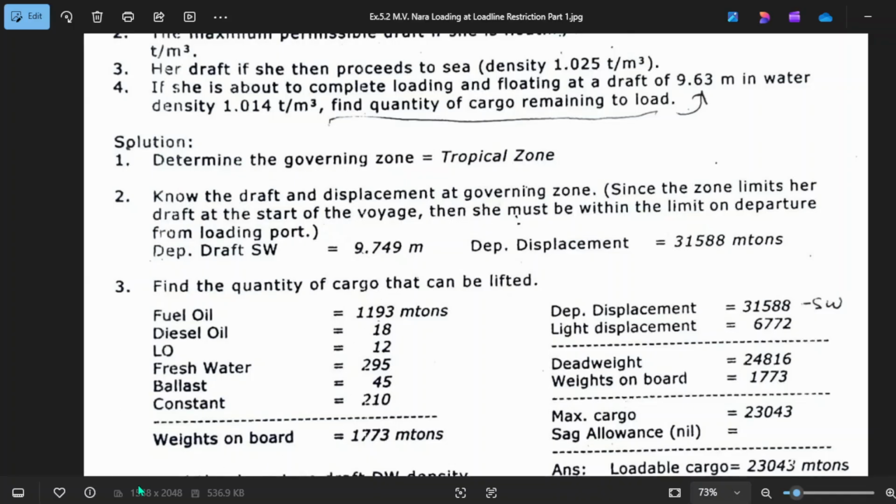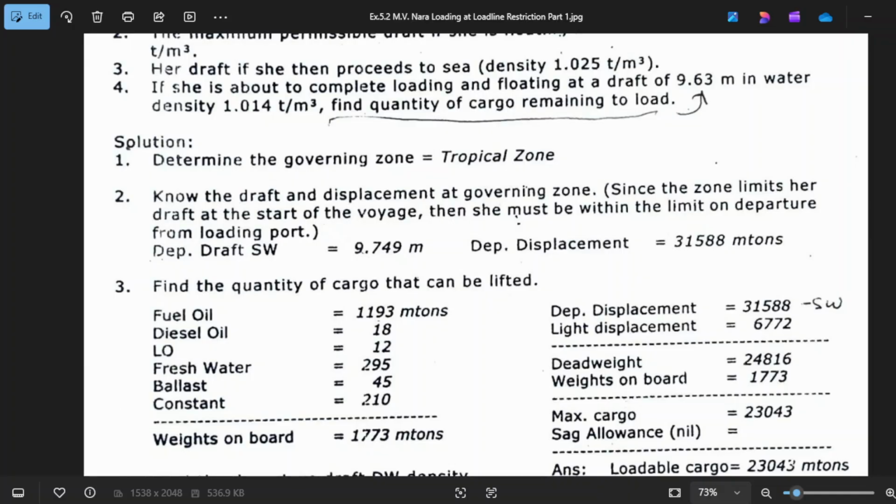You add all together, this will be your non-cargo weights on board, which is 1,773. From your salt water displacement at your departure draft of 9.749, take out the displacement, which is your departure displacement of 31588, minus your light ship of 6772.